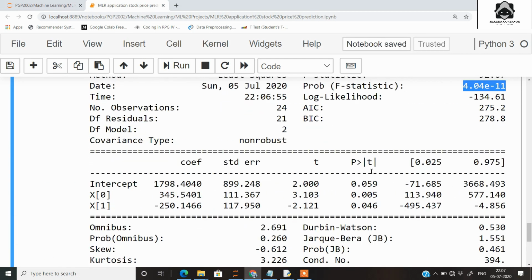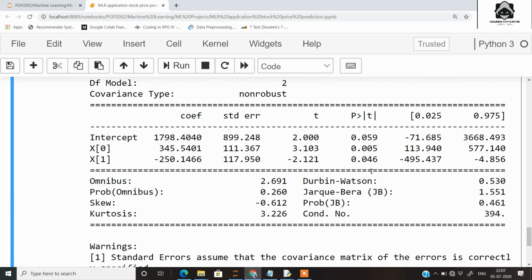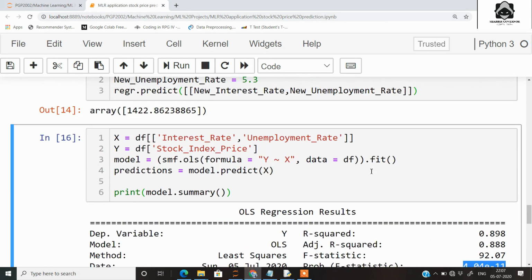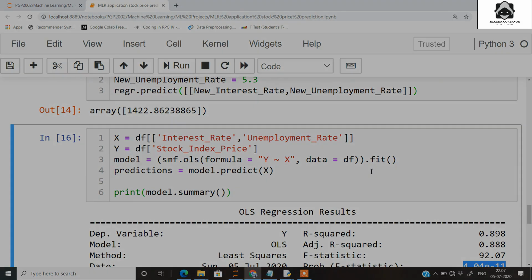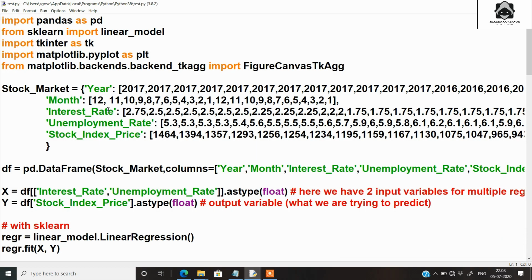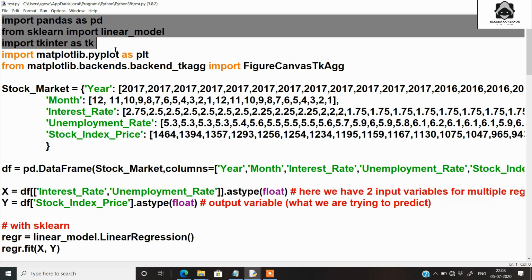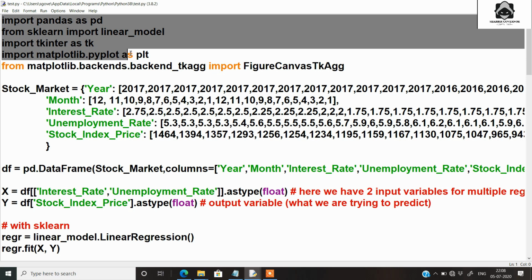So this was over with the exploratory data analysis. Now we'll go and build the tkinter app so that we can deploy our model and make the application that I had shown you earlier. Now we are in the IDLE session, and I have written the code for the application here. So first we import all the important libraries. So we import pandas, then sklearn for the open source model.